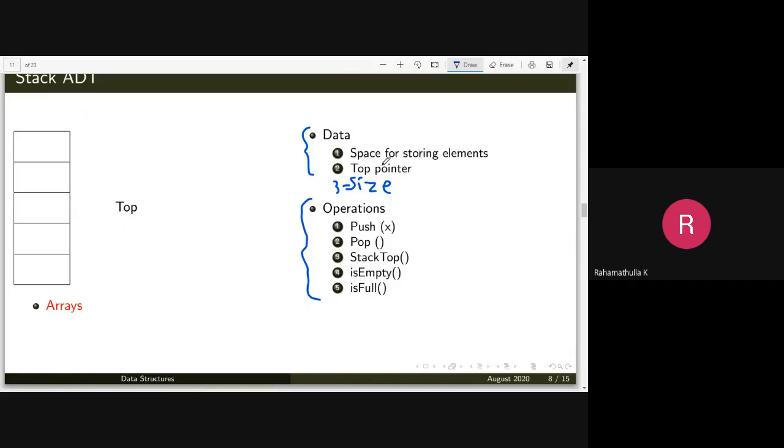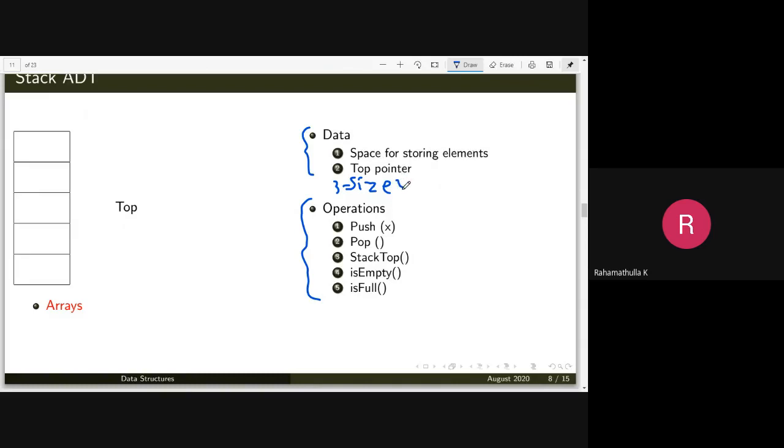A stack is created as a variable, a member of the structure, so that in that structure you can define the size. Based on size, you will create the space dynamically. Instead of reserving space statically, we create space for storing elements dynamically.